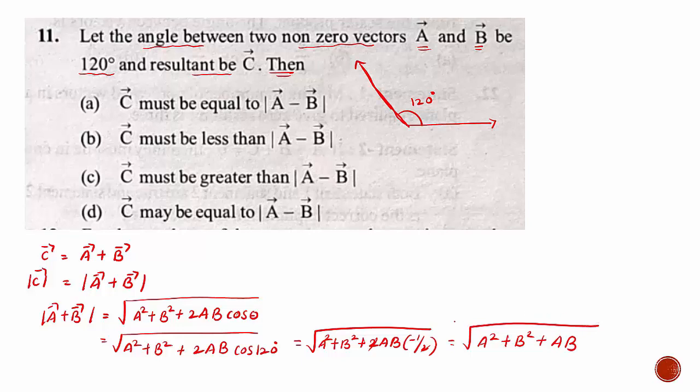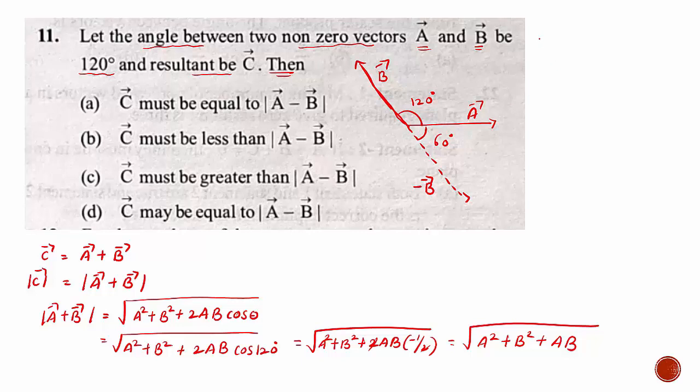But I want subtraction of vectors. So this is vector A and this is vector B. When going for subtraction of vectors, B should be taken in the opposite direction. Let us consider this is minus B vector. I want A minus B. A is positive, B is negative. Negative means B, which is initially in the upward direction, we should take in the downward direction. Now tell me, what is the angle between them? It should be 60 degrees. Vector A minus vector B, that angle is 60 degrees.